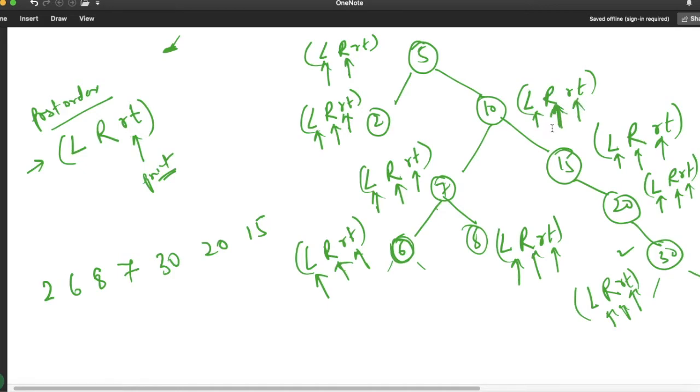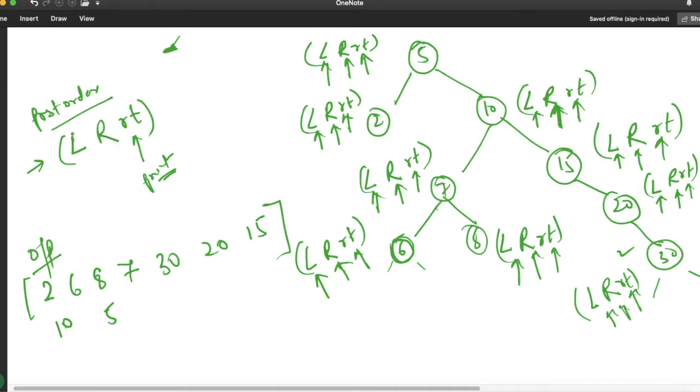Next is root. Now root is having value 10. So let us print this value 10. Now we are done with this root. Now it will simply return to the called one. So the called one is this node. Now this right part is done. Now we will simply check for the root. So root is having value 5. So 5 will be printed. So we are done with this post order traversal. So this is my output for my post order for this binary search tree.